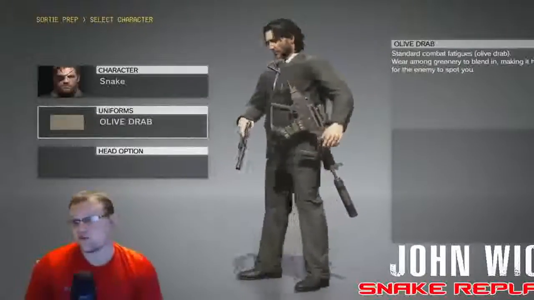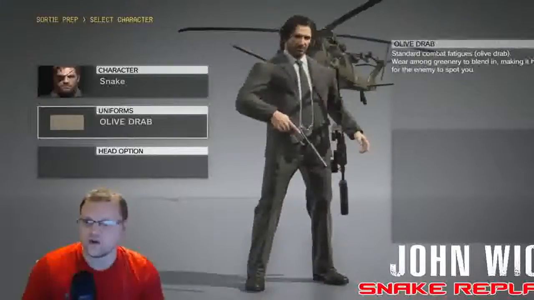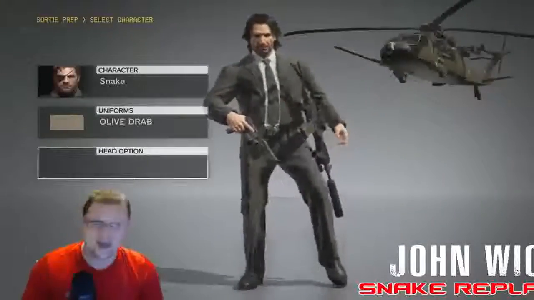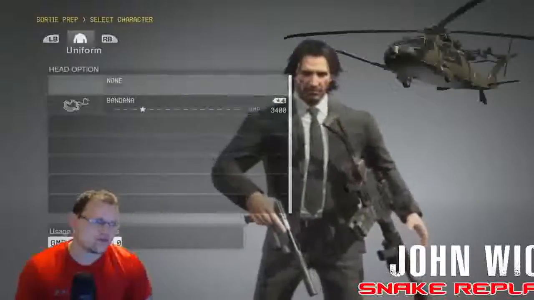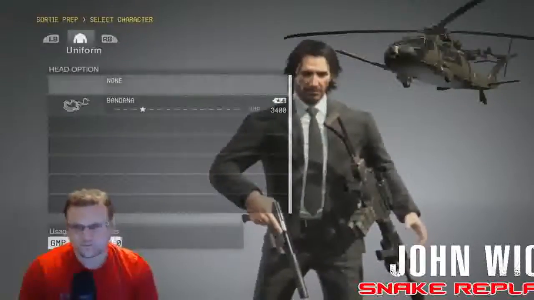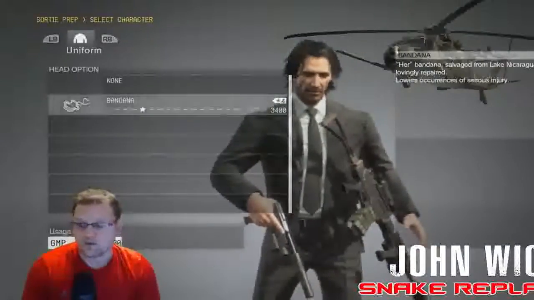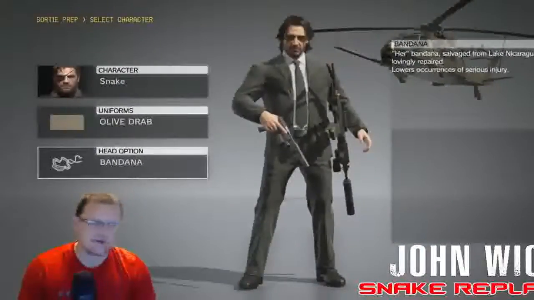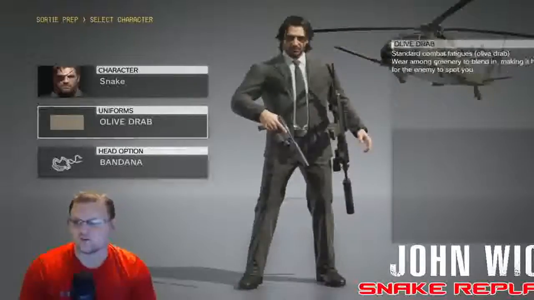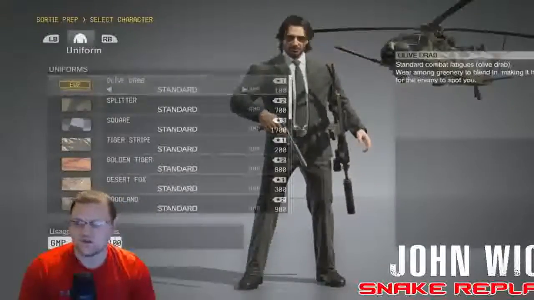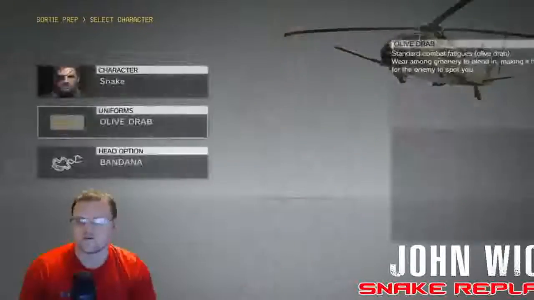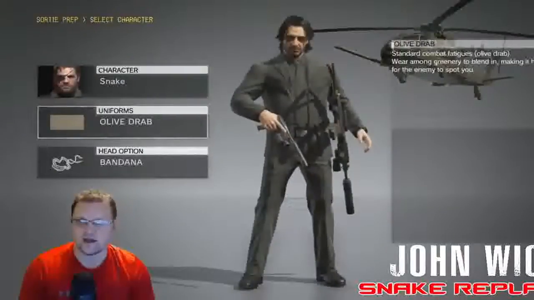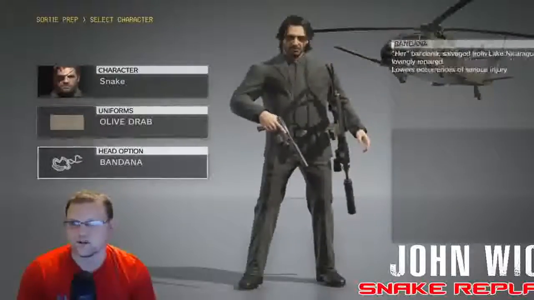Now, let's say that you want him to wear the sunglasses as well. What you're going to do is click on the head option, and you're going to have to make sure that you've developed the bandana. So if you want him to wear the sunglasses, just select the bandana. And there you go. You can do that for either one of them. So you can do it where he's from the first movie with the standard option, or if you go scarf from the second movie, John Wick 2, with the black shirt,